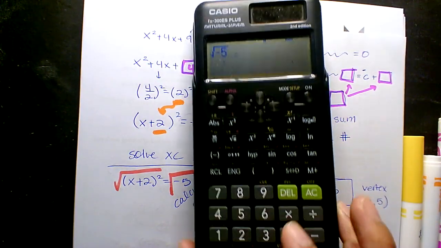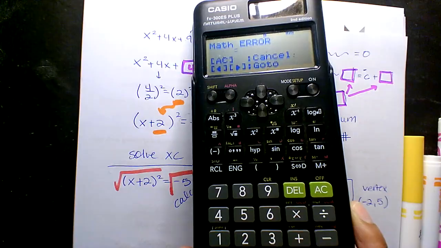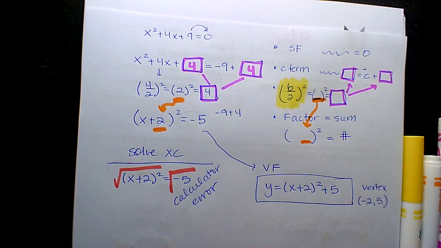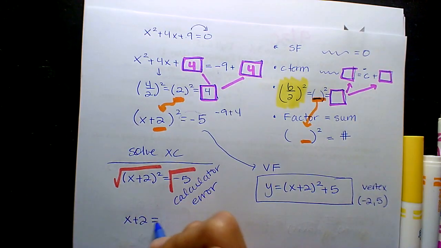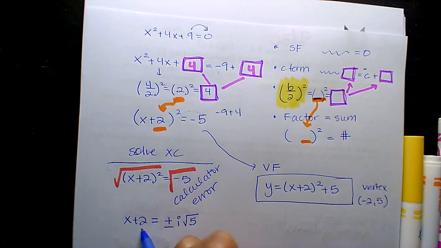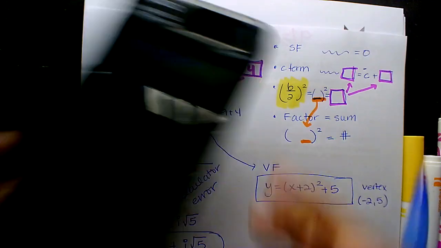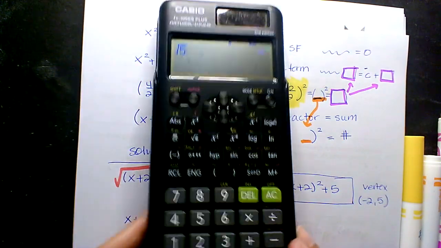Negative 5, right? I can't plug in because that's an I, right? So this becomes x plus 2. This becomes plus or minus I rad 5. Take that 2 over, negative 2 plus or minus I rad 5. That is a beautiful answer, but if you want rad 5 as a decimal,